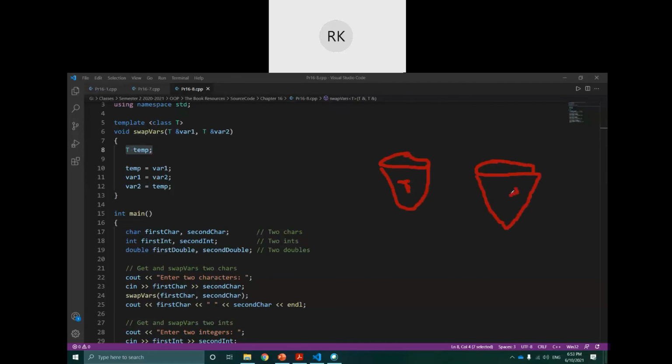I am not good at drawing. If you want to swap, these values should go there and the other go here. How can you do it without a third empty one? Otherwise, if you pour this one here, it will be mixed. If you pour this one, it will be mixed. You will lose one value in case of a variable. So we need a third empty one.